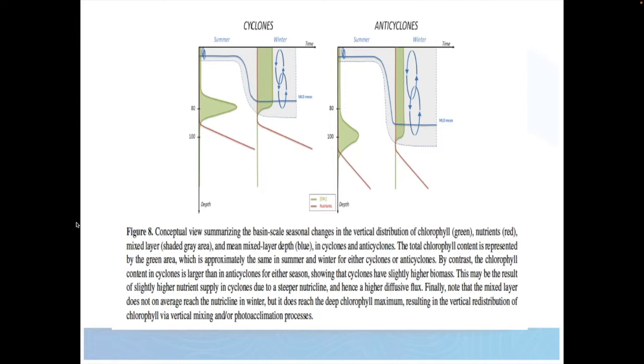The signal is a little bit different in the cyclones and the anticyclones. One of the things that you see particularly is that the mixed layer is deeper in the anticyclones, and this is something that I will talk about later. But the main take-home message is that what you see at the surface in terms of chlorophyll is not really what you see in the whole water column, and this is something that needs to be explained. The next one, please.